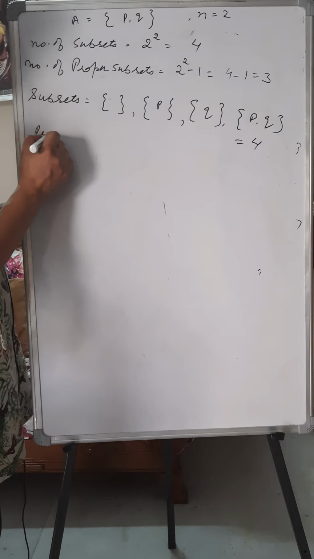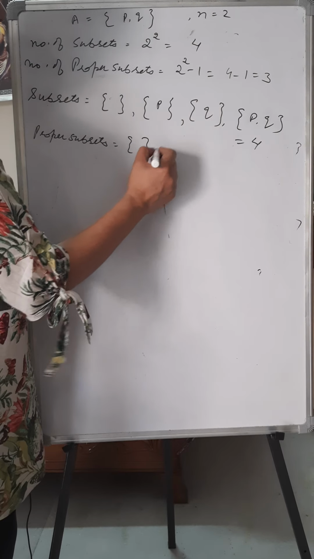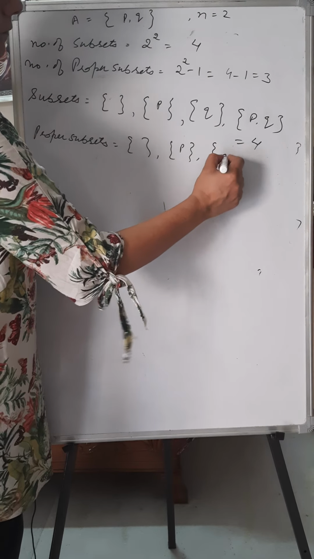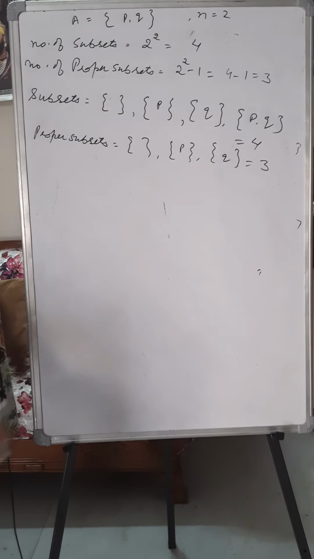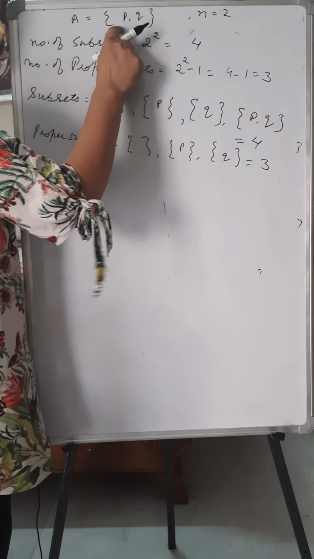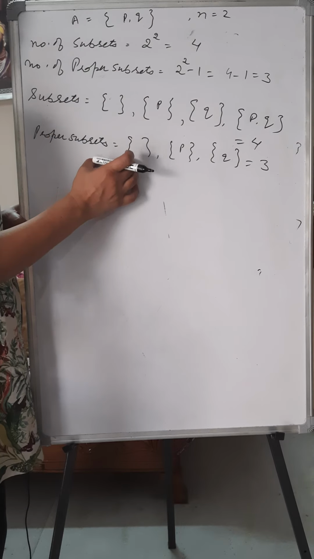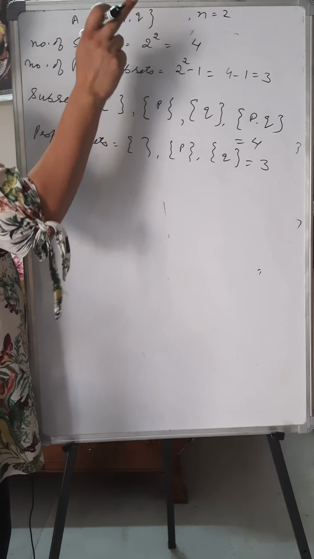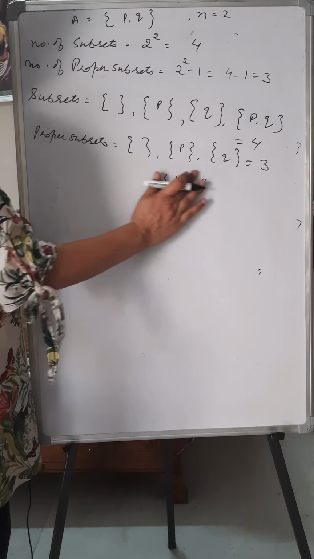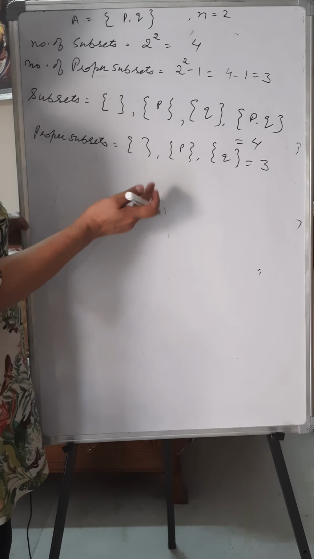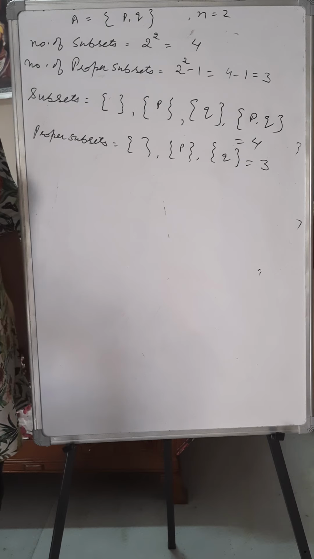and there are two, PQ or QP does not matter, so there are a total of 4 subsets. Proper subsets: empty set, single elements. But now here we will not write PQ, because if this is a proper subset of A, then A must contain at least one more element. If we write PQ, it is equal to A, so we are not writing it, as it is not a proper subset. Besides, it is a subset, but it is not a proper subset.